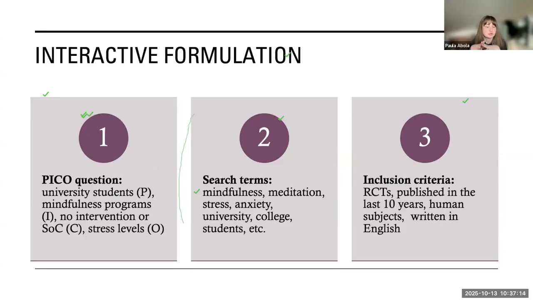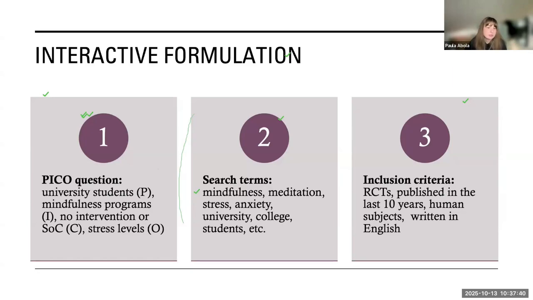So you should always try to widen your search terms, because if you initially go through the screening stage of more studies, then you will be including more studies maybe at the end, and you will be showing that you looked at all the evidence out there and that you actually considered all the possible studies that you could have included in your search. And finally here, the inclusion criteria, which would be, let's say, randomized controlled trials, published in the last 10 years,